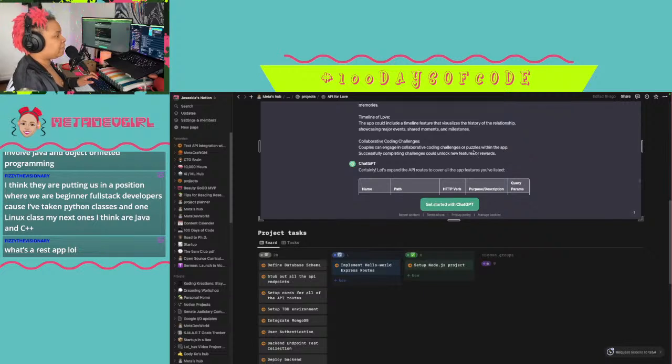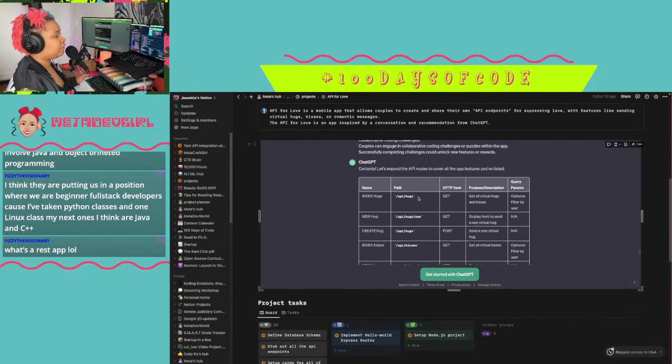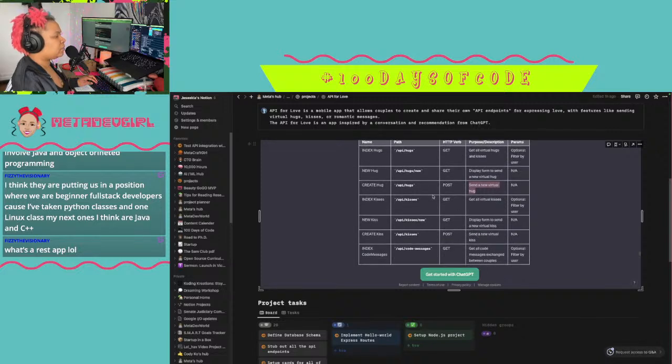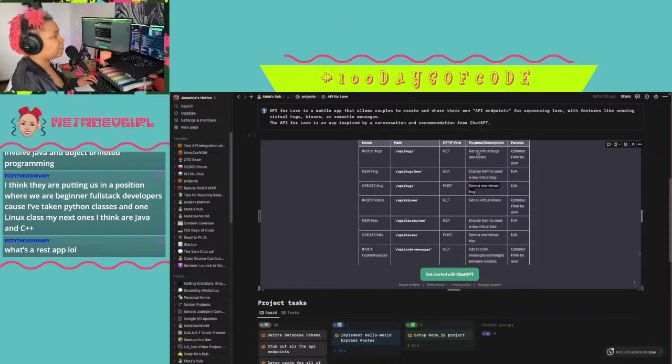So I'm going to have a backend that will, for example, have the option to send virtual hugs. I'm going to have one endpoint or one URL that lets you view all of the hugs that someone has received. Then I'm going to have an endpoint that's going to allow you to create new hugs or send a new hug. I'm going to have an endpoint that allows you to edit the hug, or well, I guess we don't have edits, but I think I should be able to delete the hugs as well.